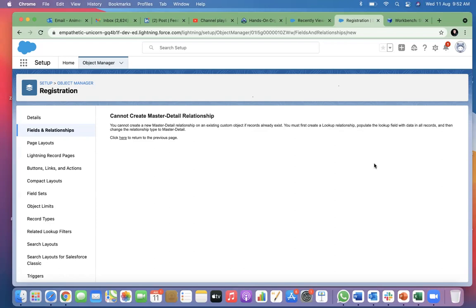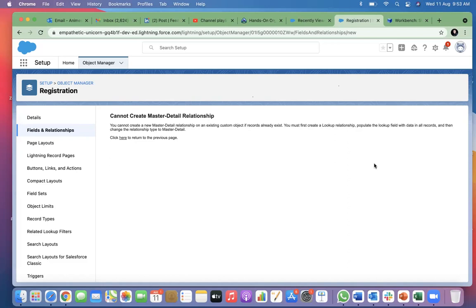But if you reply, I understand that you have not gone asleep. Do we first need to create a lookup relationship with the object we want to create the master detail relationship, then fill in all the records and then change the relationship type to master detail? Why is it asking this to be done? What is the point? Why should I take this pain?